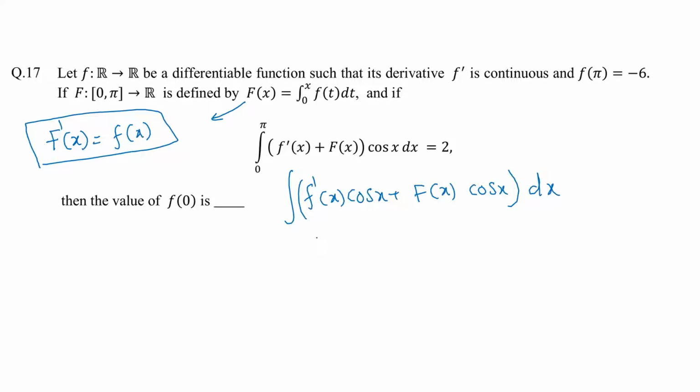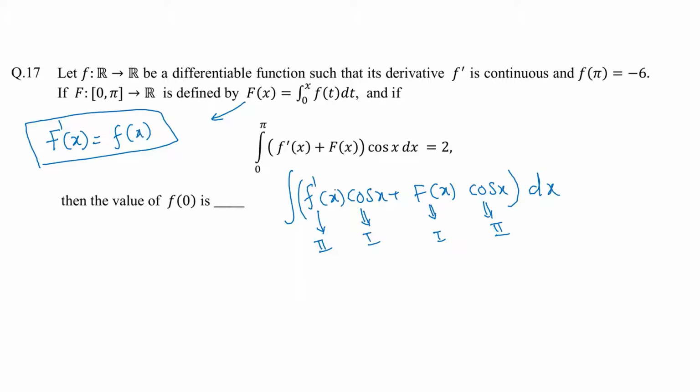So here I'm going to use integration by parts by taking this f dash of x as the second function, because we know the integration of the f dash is going to come as capital F. And similarly, cos x here, I'm taking this one as the first function. And in a similar way, whenever we are trying to do the second one, here I'm going to take this one as the first function and your cos x is going to be your second function.